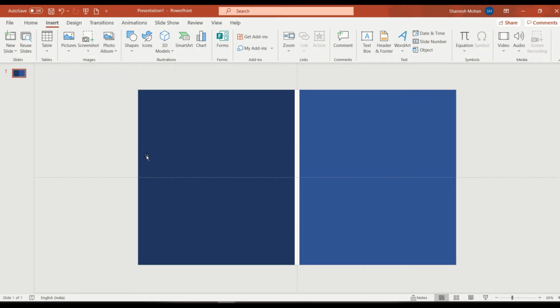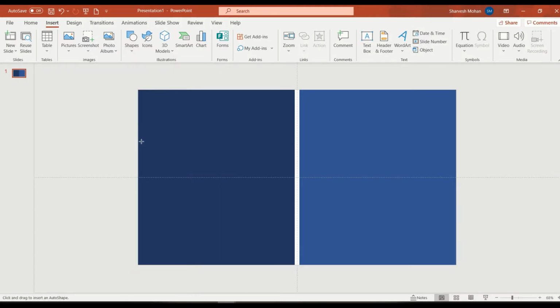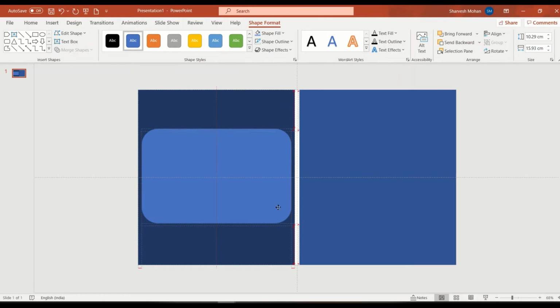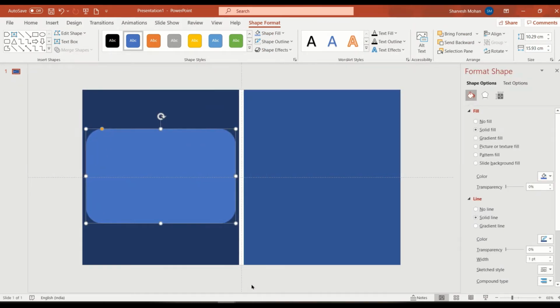Now let's insert a shape to place the picture of the product for use in the brochure. Just go to Shapes, take a rounded corner rectangle and paste it in the center of the box. Right click, Format Shape.